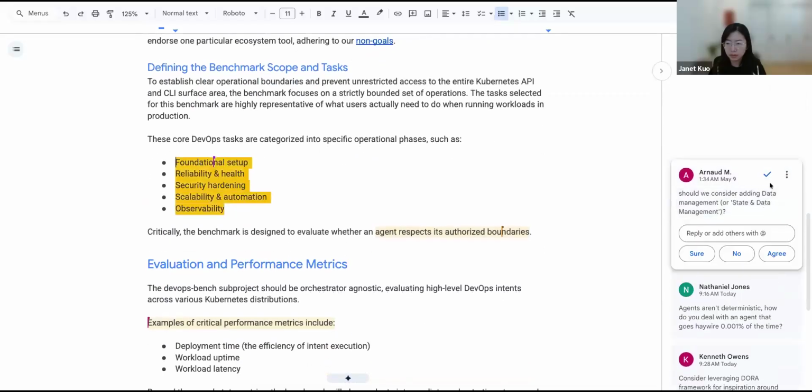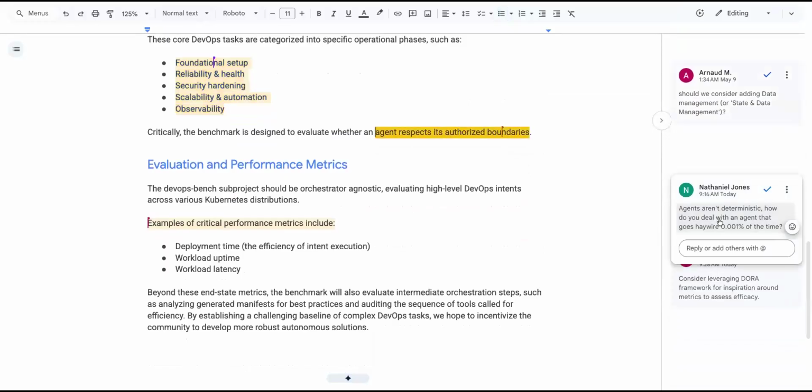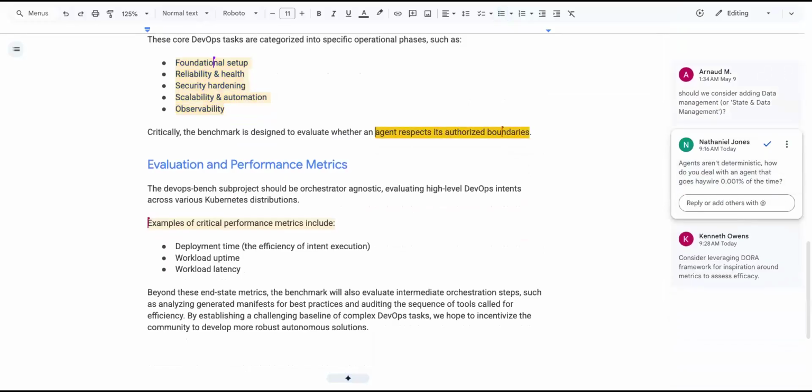And then there's a comment about adding additional categories for the tasks. I think these are just examples. We can, of course, add more types of DevOps tasks. And we are actually looking for more community contribution here as well. The goal is to make it more collaborative as we open it. That's one of the reasons we need to bring it into SIG Apps, so we can open it up for more tasks by the community.